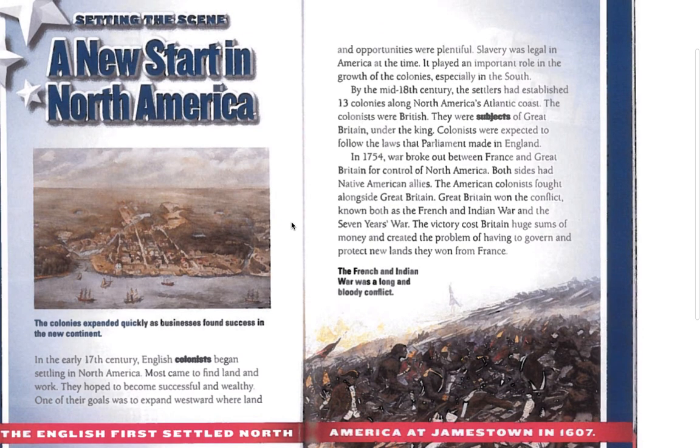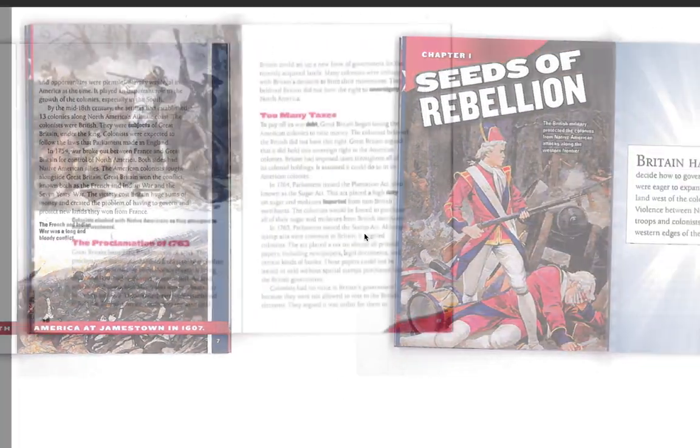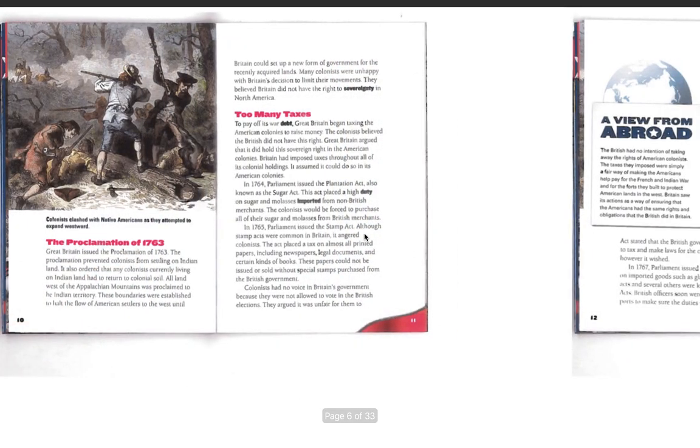So right away we've learned that what is now the United States was controlled by Great Britain across the Atlantic Ocean. We're going to start with Chapter 1,